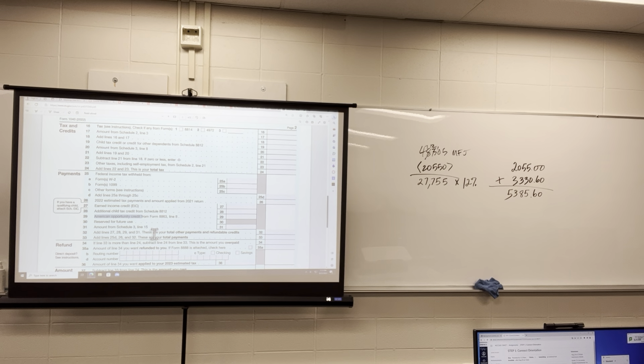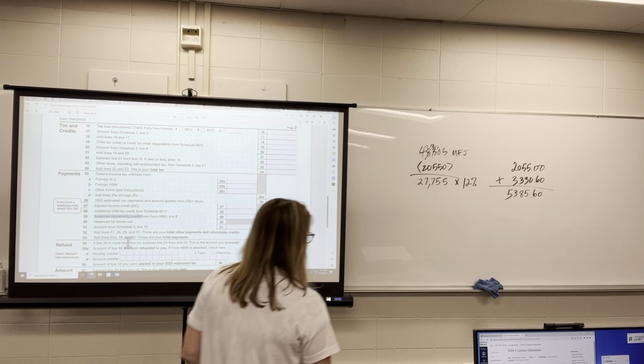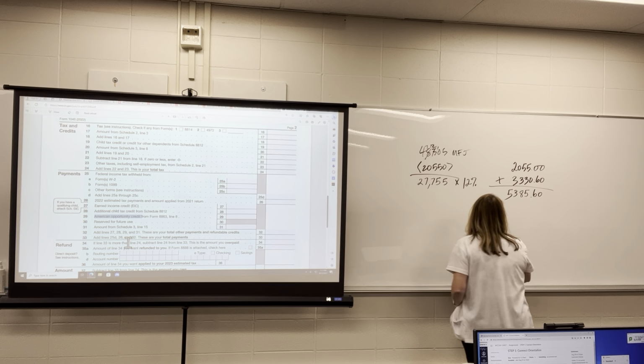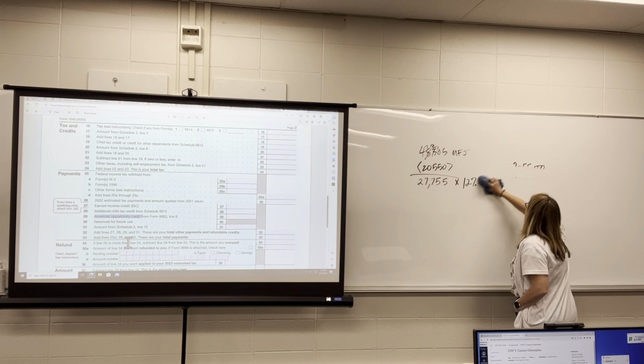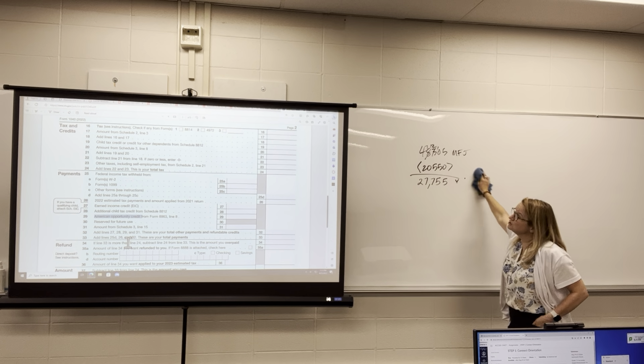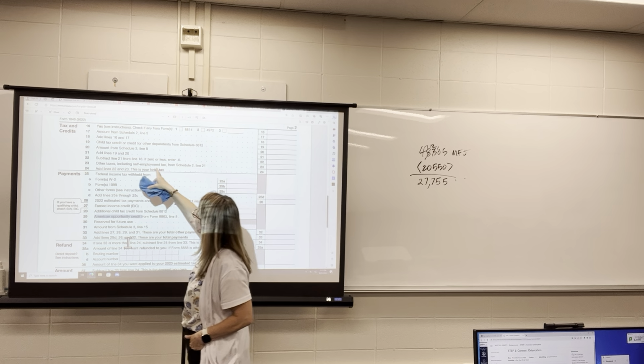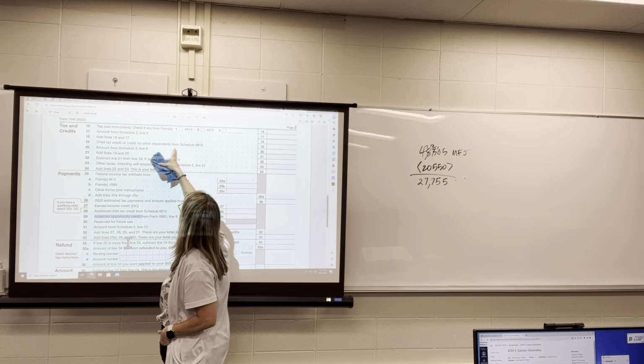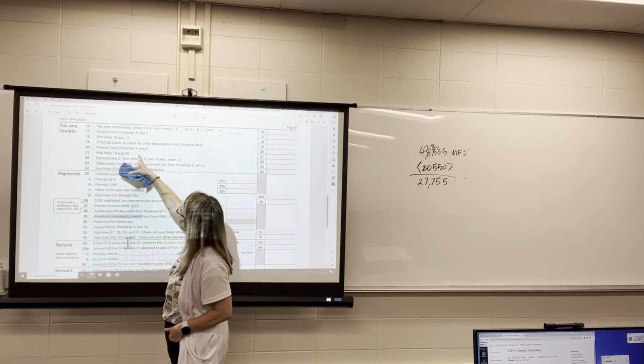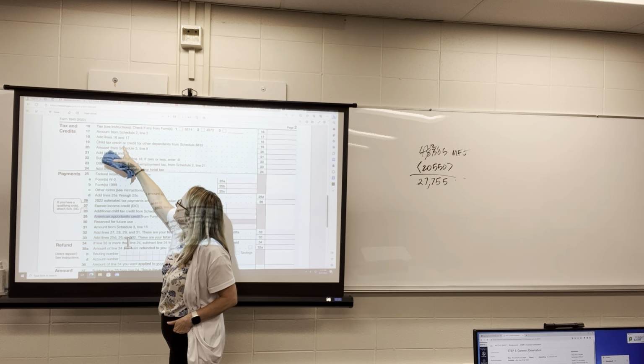These three credits are what we call refundable credits. Now again, don't get too hung up on the terminology. I'm giving you just kind of a little preview of credits. But we've got two different types of credits. We have refundable credits and we have non-refundable credits. The difference between the two, in addition to where they're located on the tax return, because the non-refundable credits are listed up here. So this Schedule 3 line is a non-refundable child tax credit,